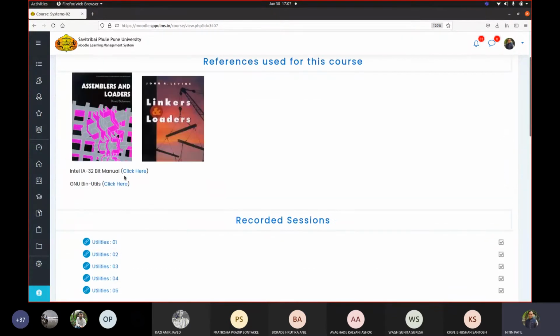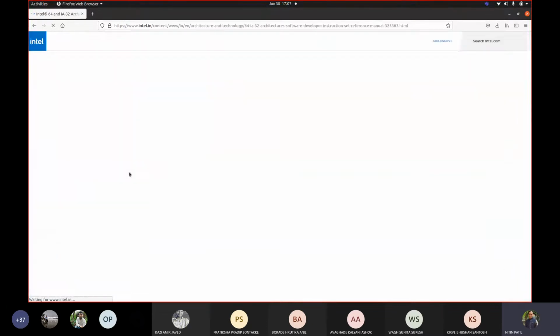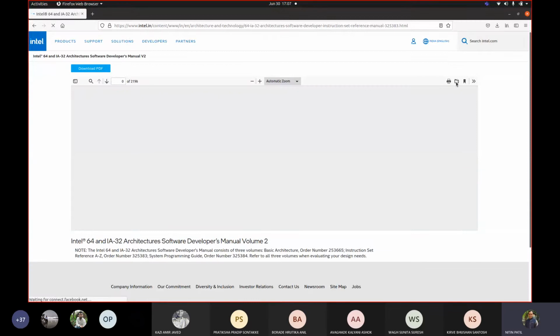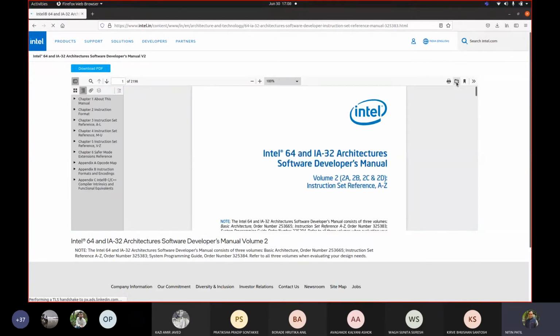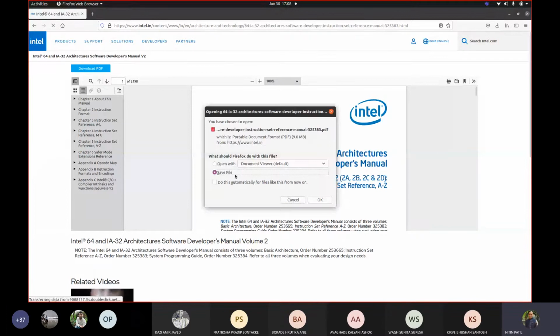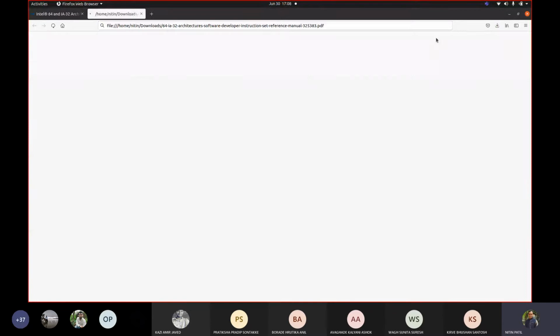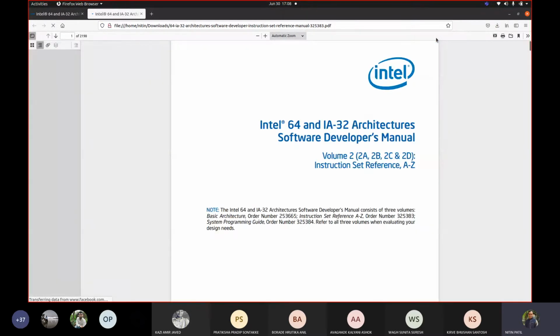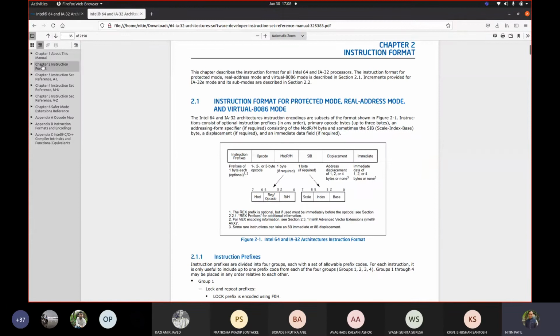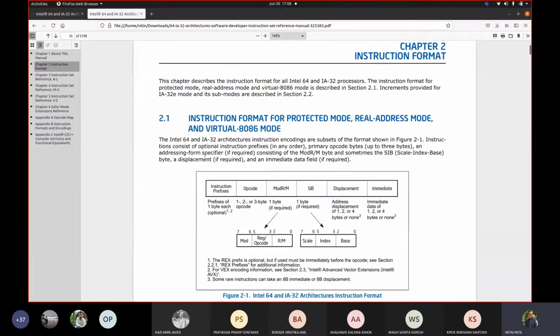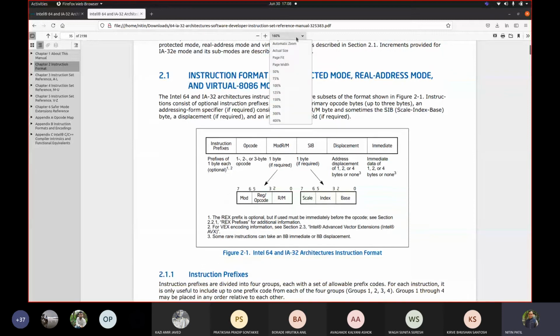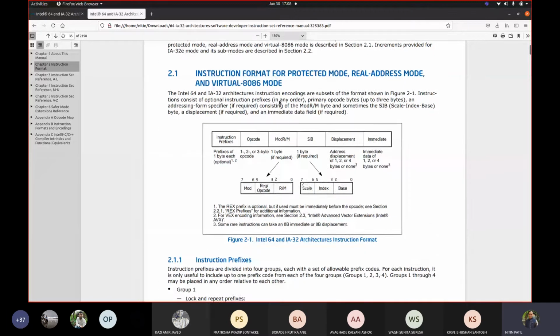So here is that manual. If I open that manual, let us see. Let me download this so that it would be easy for me every time. Now we are going to move to some specific chapters because we are interested in this front. Is this visible clearly? Yes, sir. Okay, let me make this 200.